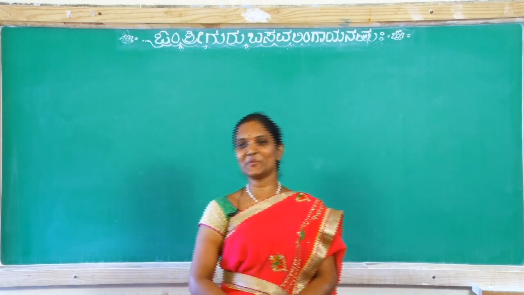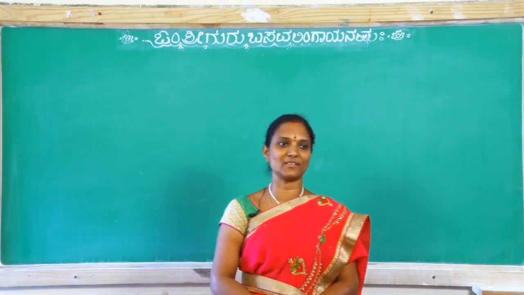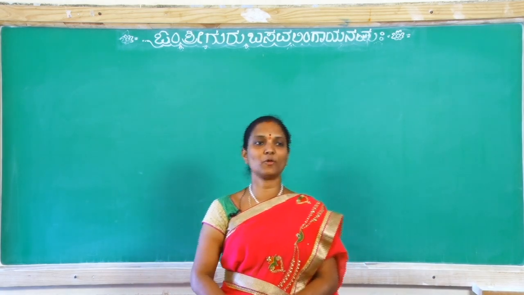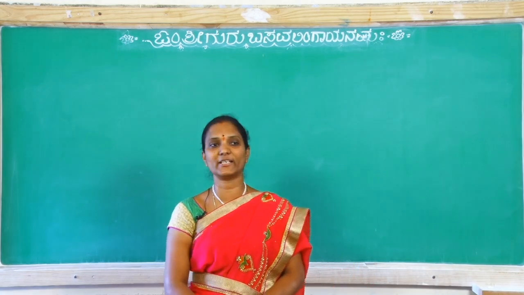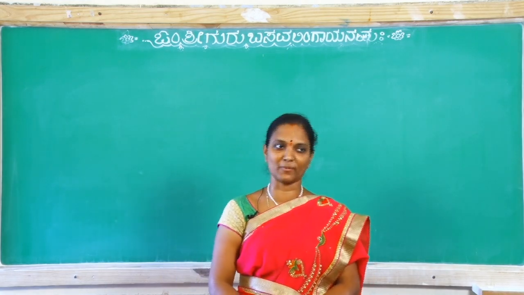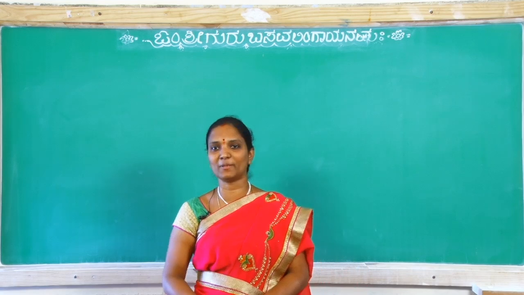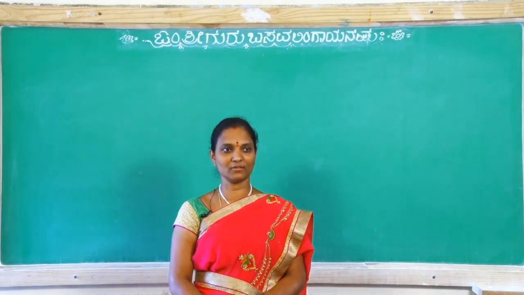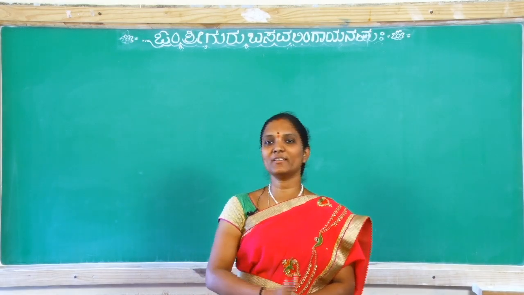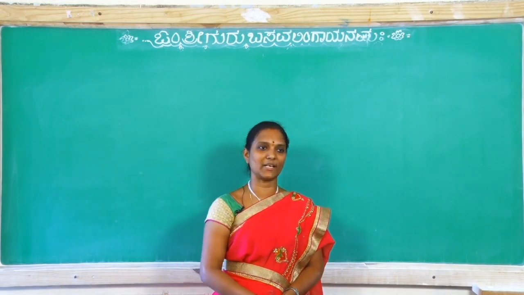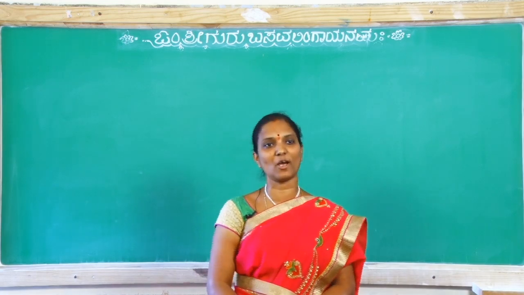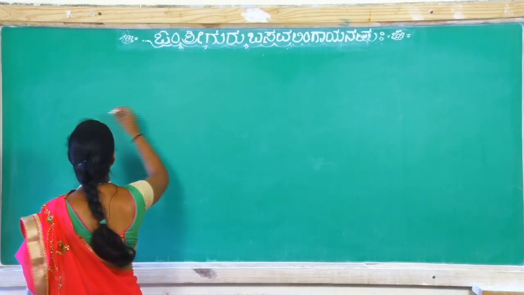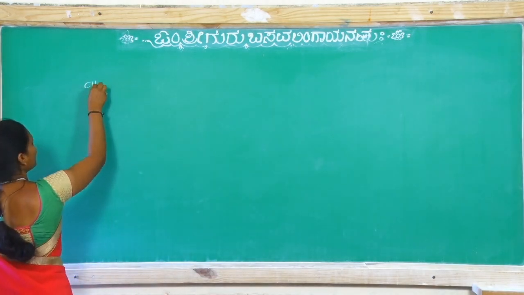How to write IUPAC names of organic compounds. Yesterday we covered how to indicate the number of carbons present, how to indicate the position of double bond and triple bond, and, when more than one double bond or more than one triple bond is given, how to write the IUPAC name. Okay, these rows are completed. So today, when double and triple bonds are both given, how to write the IUPAC name, and when branches are given, how to write. First one: double and triple bond both given.